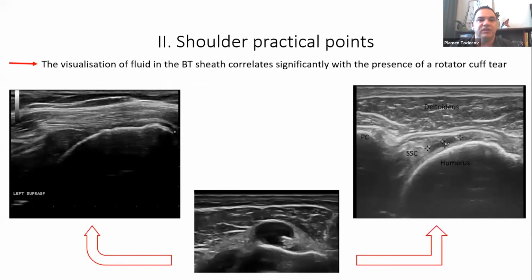In addition, the visualization of fluid in the biceps tendon sheath, like here, correlates significantly with the presence of rotator cuff tear, whether supraspinatus or subscapularis, like in this image. So when you see fluid in the biceps tendon sheath, there's always a need to also evaluate the rotator cuff